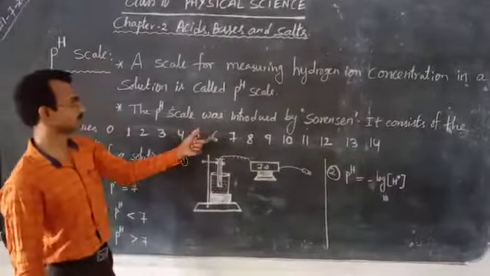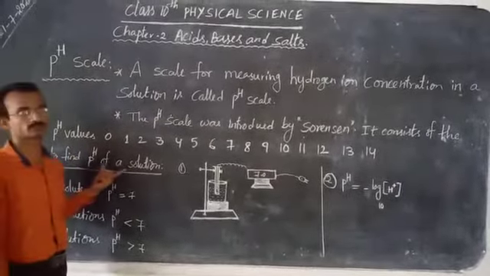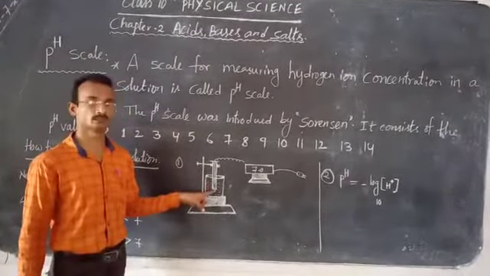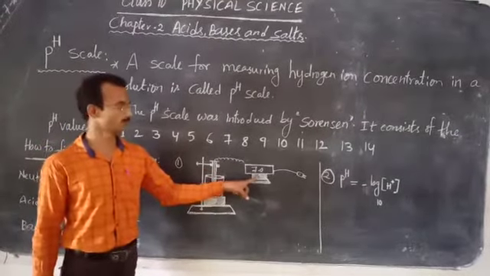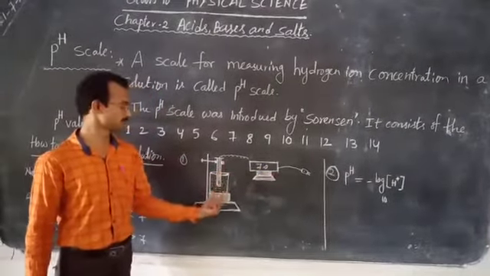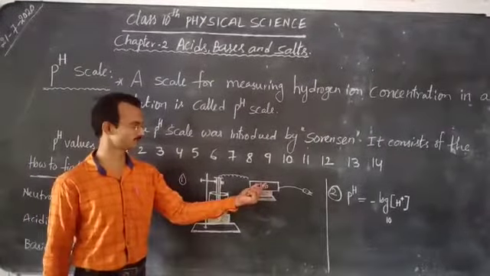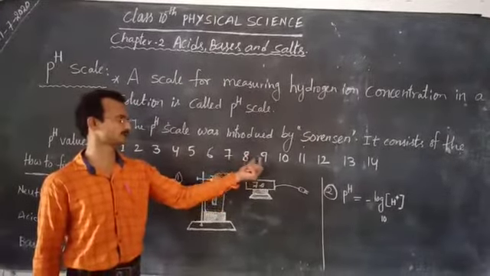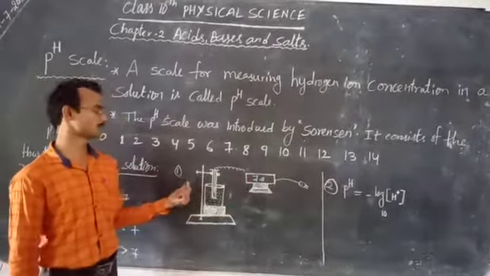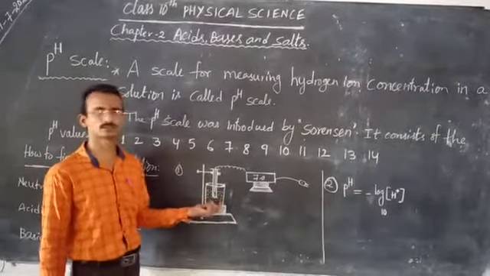How can we find the pH value of a given solution? There are two methods to find the pH value of a solution. In the given solution, dip the pH electrode which is connected to the display board, and the display board has an AC plug current supply. Immediately the pH value of the given solution is displayed on the display board, whether it is 7, or 7.2, 7.5, or something else. Okay, this is an experimental method to find the pH value of a given solution. The solution may be an acidic solution, basic solution, or neutral solution.